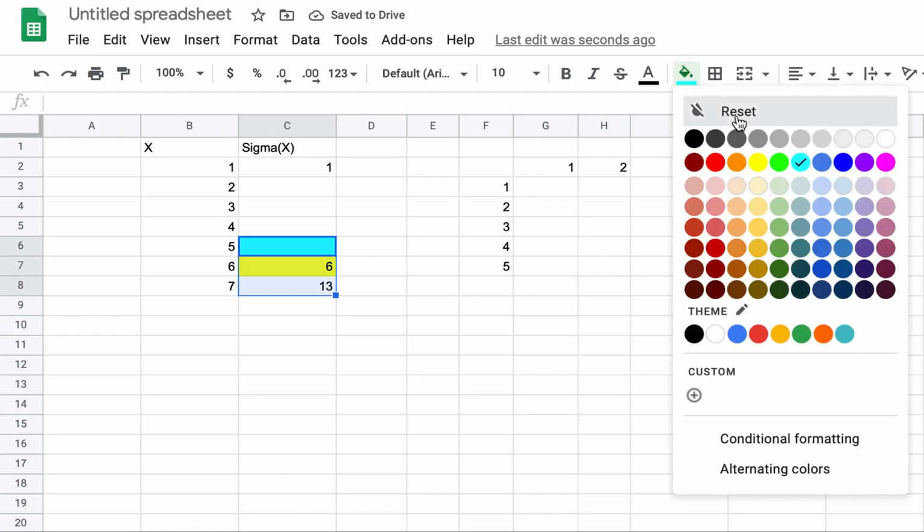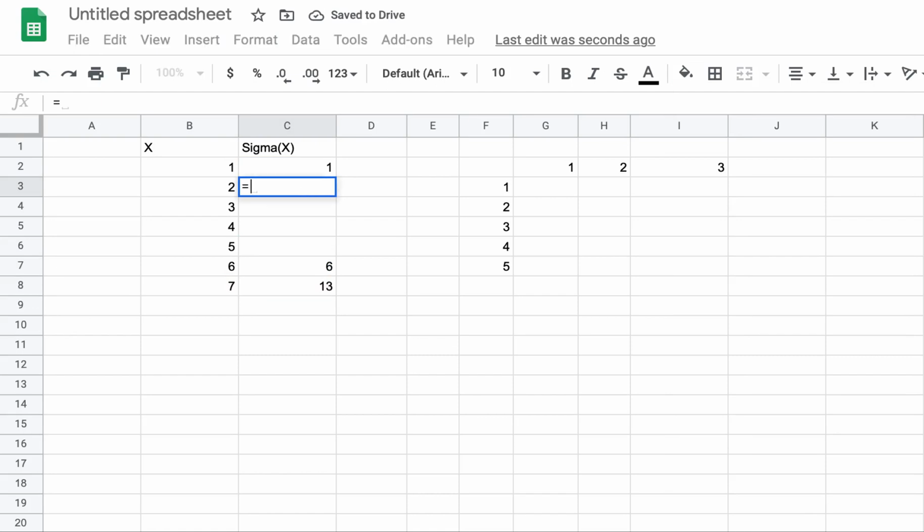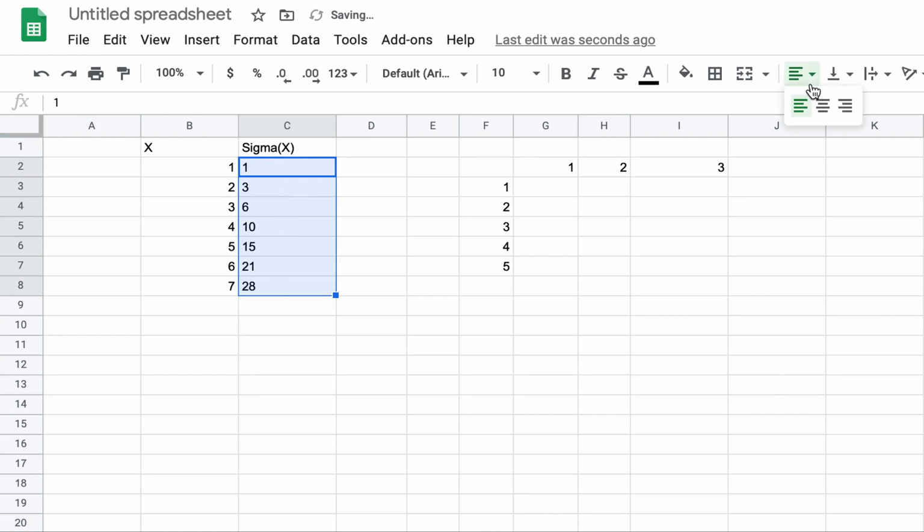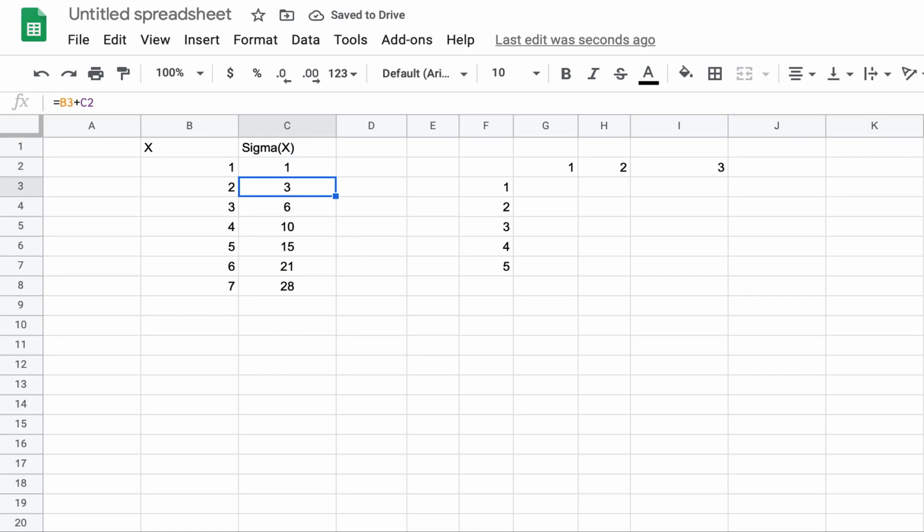If you have understood this concept, then all you have to do is just keep 1 as 1, and after that just keep doing 2 plus 1, and just go down and copy paste. You will get the full sigma function. Let me center line the whole thing so you can see clearly. This one had no play of dollar, because you want both to change, right? When you are going down, you want B to also change. So it is simple copy paste, and you can extend it to any you want, right?